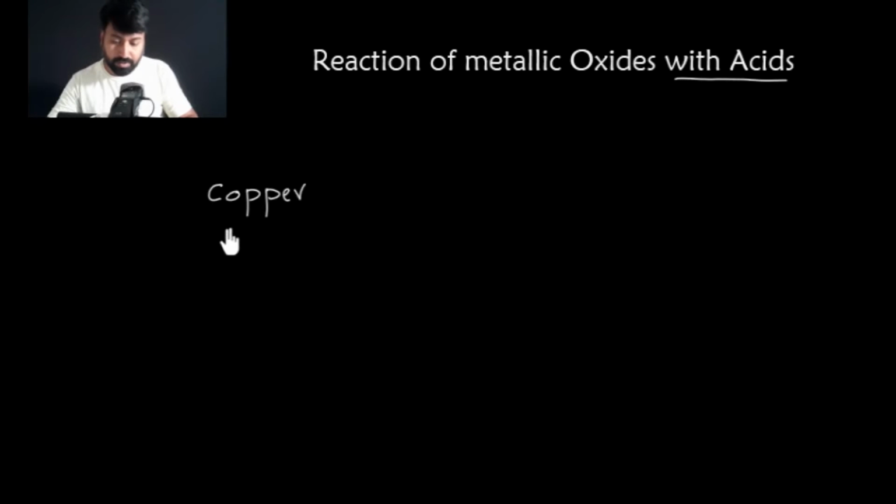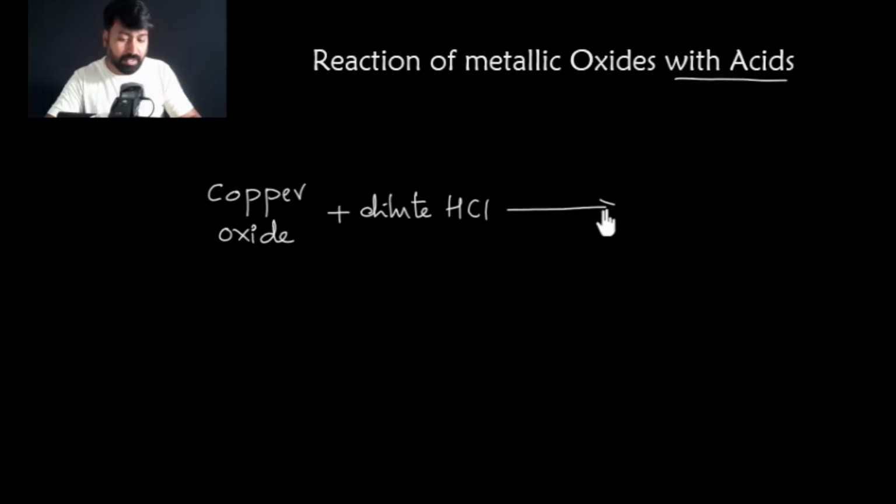This copper oxide is allowed to react with dilute HCl. You have to take HCl and add water to it, which is known as dilute hydrochloric acid, and HCl is the formula. Now they are asking what product is formed and what is the color. We'll discuss this part, students. First we'll see how the experiment is going on here.